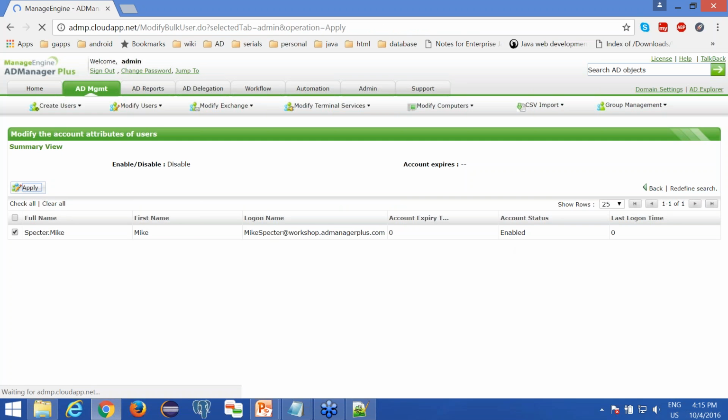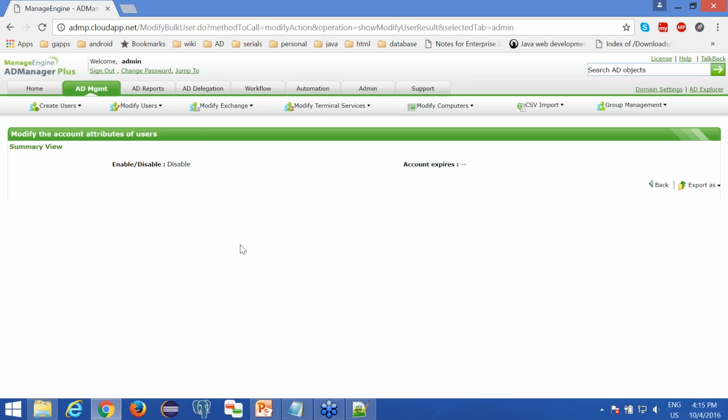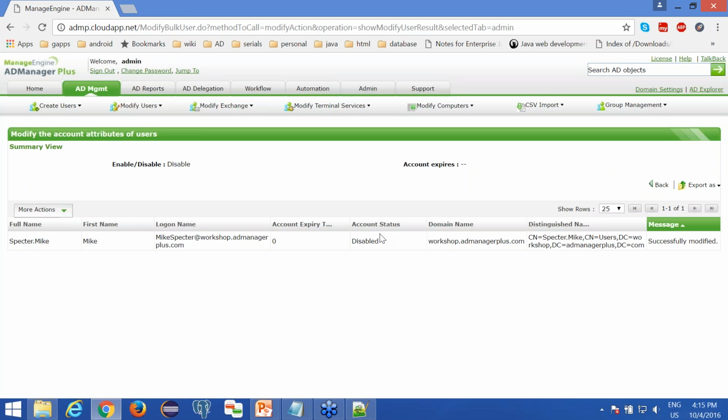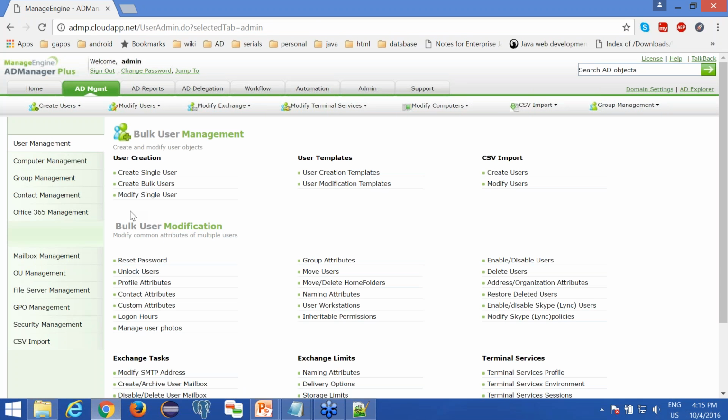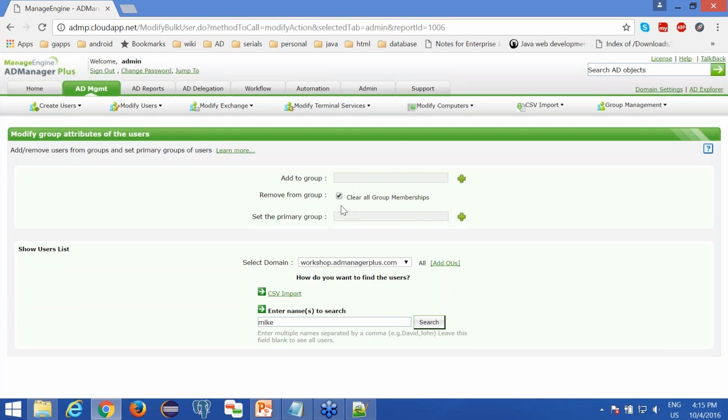So right now this status is enabled, but now you can see that this user account has been disabled. Okay, so now you can see the status here. It has been disabled and it has been successfully modified. So the next step is I'm going to remove the group membership from my user account. So how do I remove the group membership or change the group membership? So under user management, under bulk user modification, you can see an option group attributes. When you click group attributes, you can just simply select this option clear all group membership,